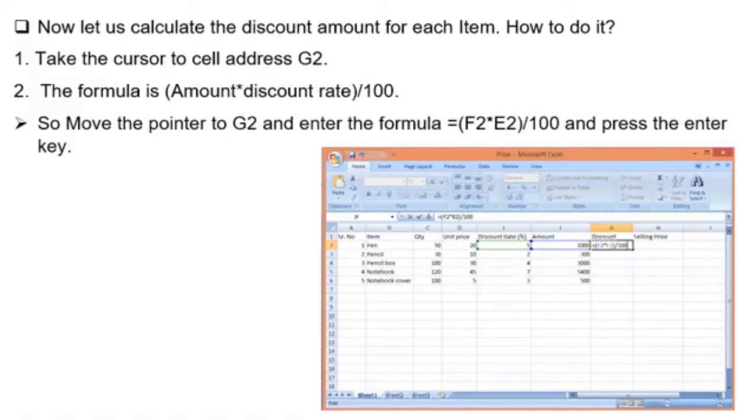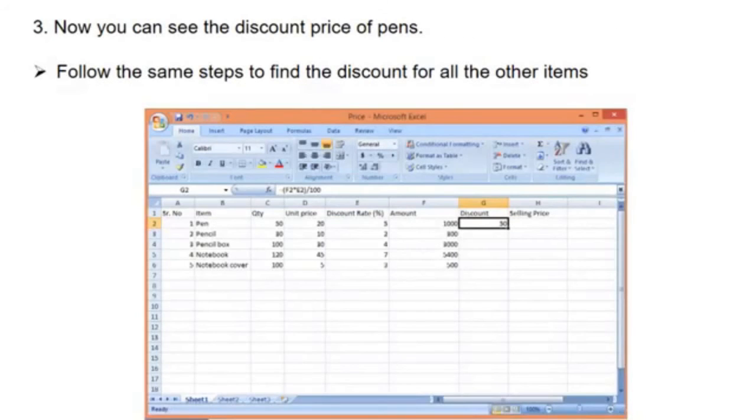So, move the pointer to G2 and enter the formula equal sign F2 asterisk sign E2 and divide by 100 and press the enter key. Now you can see the discount price of pens. Follow the same steps to find the discount for all the other items.